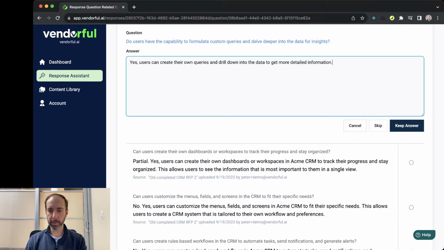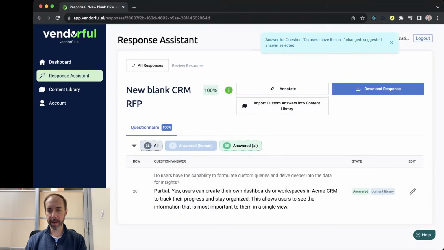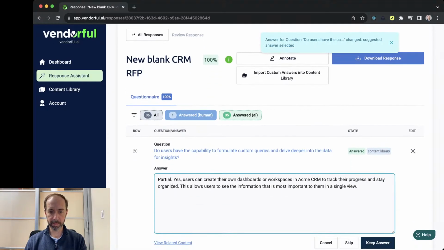Here, can users create their own dashboards? Yes, this is the official answer we want to use. We can select that, and we can use the content library answer instead. Now, if instead I actually want to edit this response and just put in my own draft here,